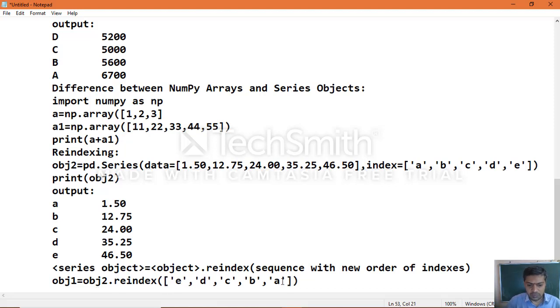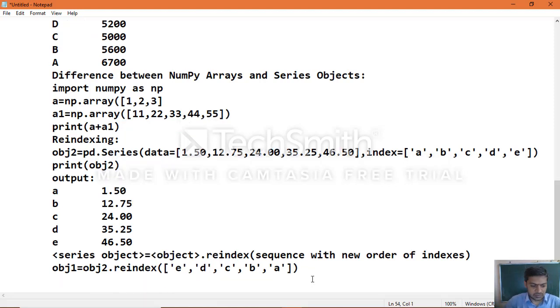Okay, so now if you print obj1, if you print out the object values which we made here, that is re-index.